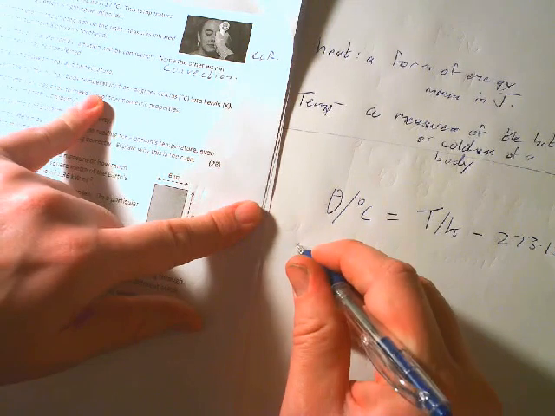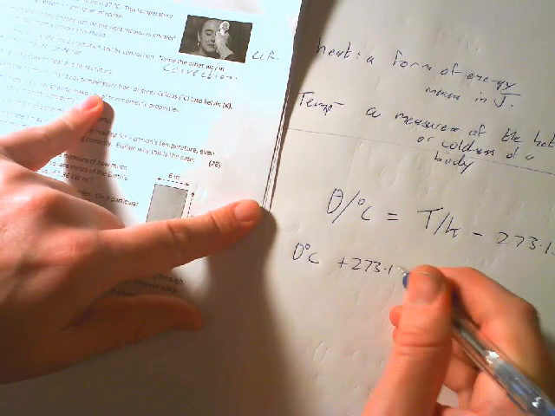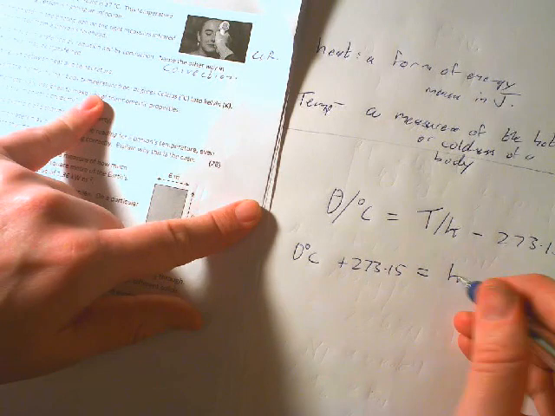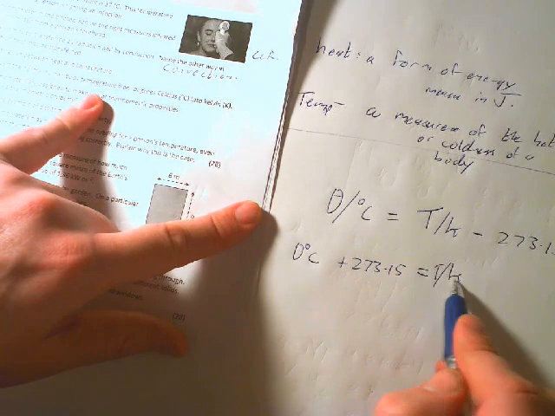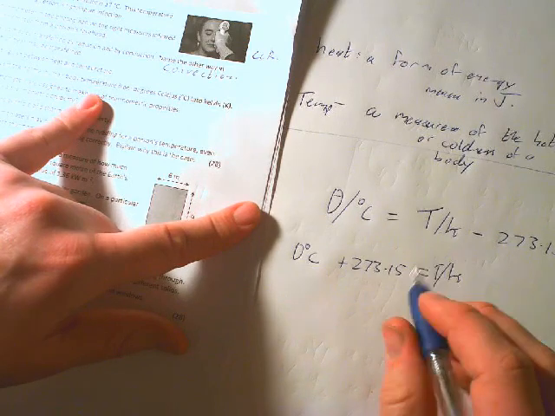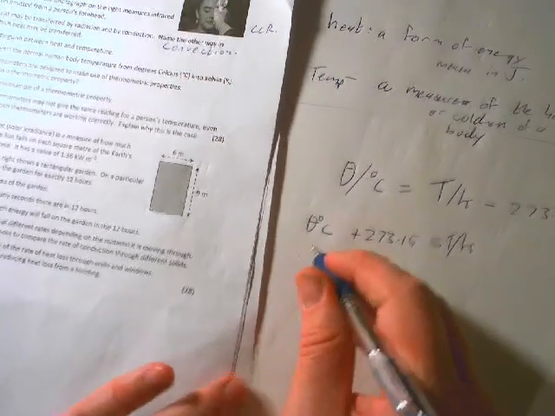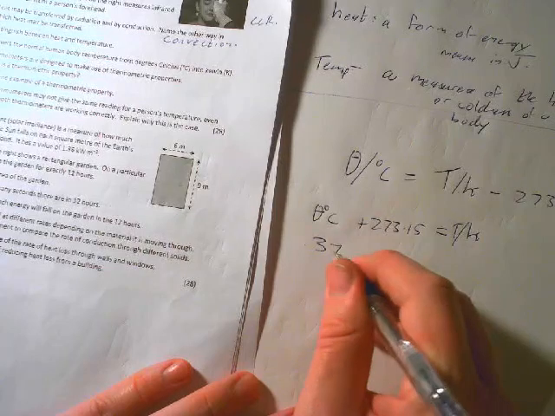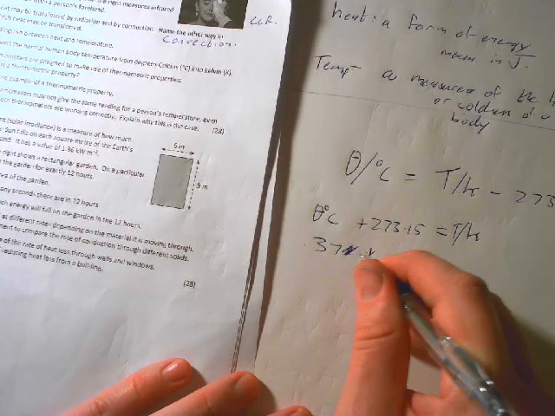So we need to rearrange it first. So bring the 273 across. So the temperature in Kelvin is whatever the temperature is in Celsius plus 273.15. It's very easy to get mixed up on this and end up subtracting the 273.15. So the number we're looking for here, and that's not a 0, it's a theta, is 37